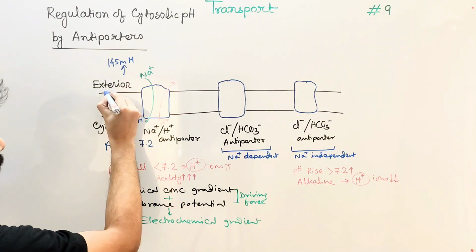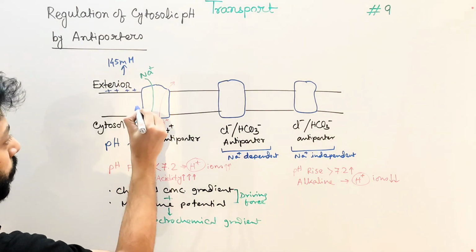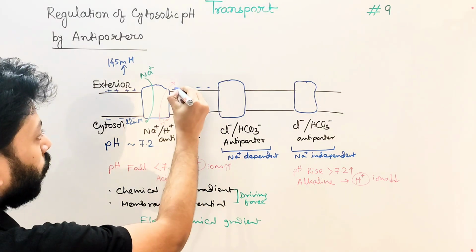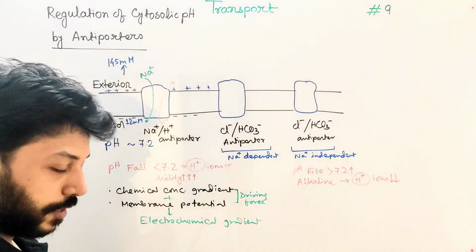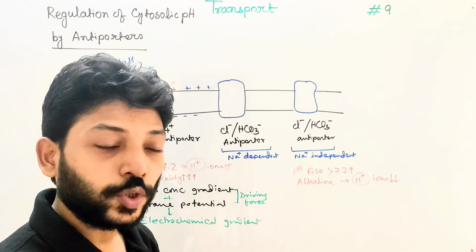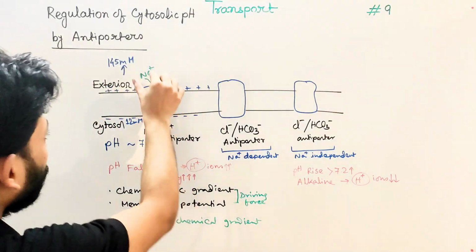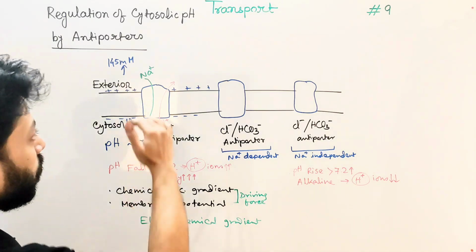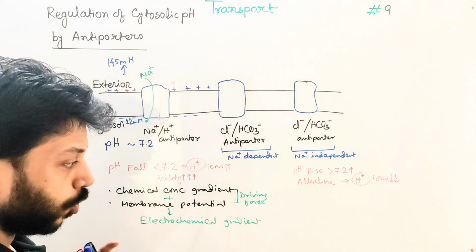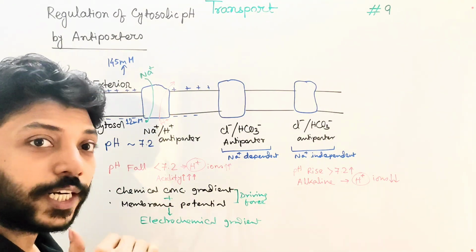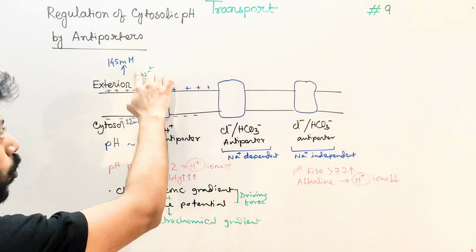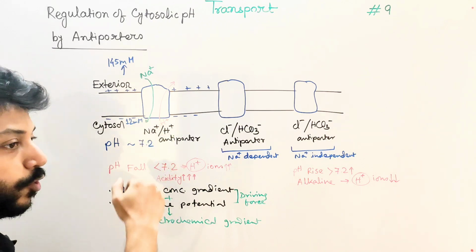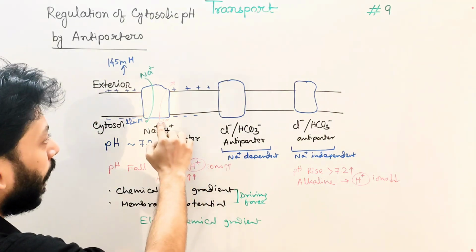Not only that, outside of the membrane is positively charged and inside is negatively charged, and that also drives the sodium to get inside the cells, because positive ions are attracted towards negative ions. So this is the driving force of sodium. Sodium goes down the concentration gradient, from higher to lower concentration, and that movement releases the energy